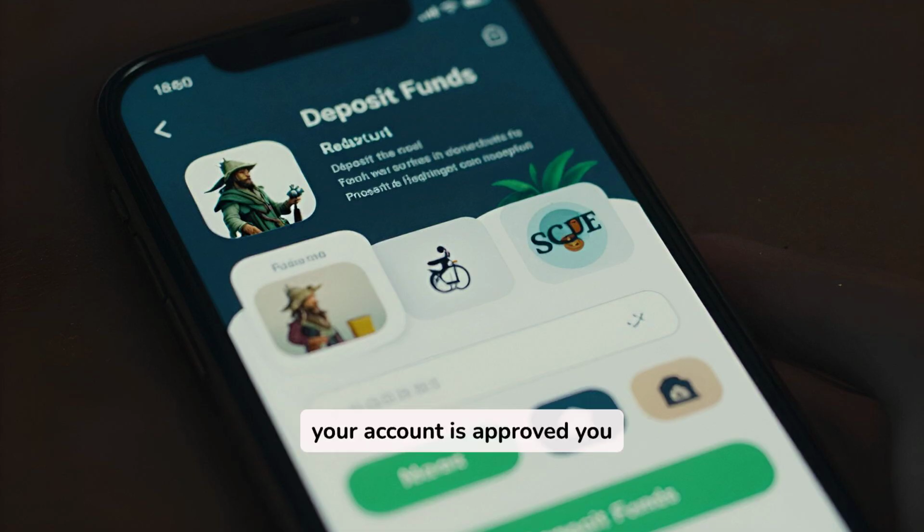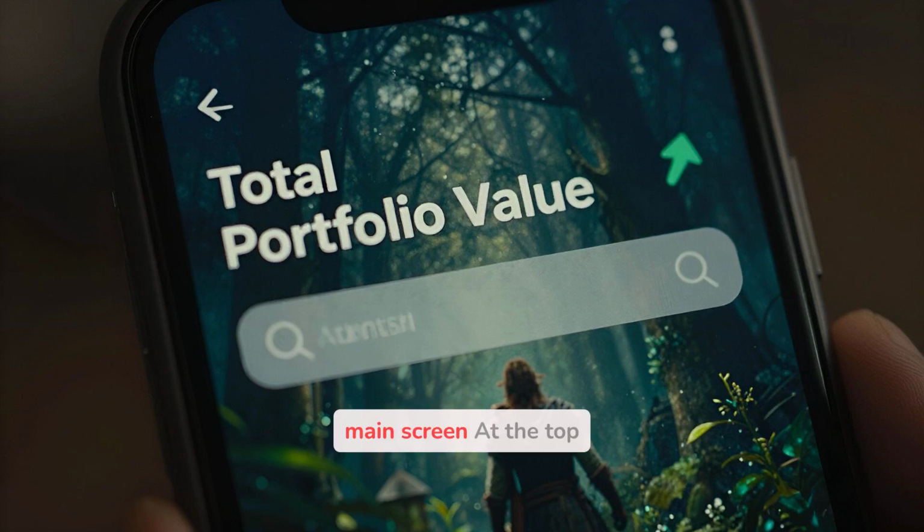Once your account is approved, you can add funds by tapping on the deposit option and choosing how much money you want to invest. Now let us explore the main screen. At the top, you can see your total portfolio value. Below that, you will find the search bar where you can look for any stock or cryptocurrency by name or